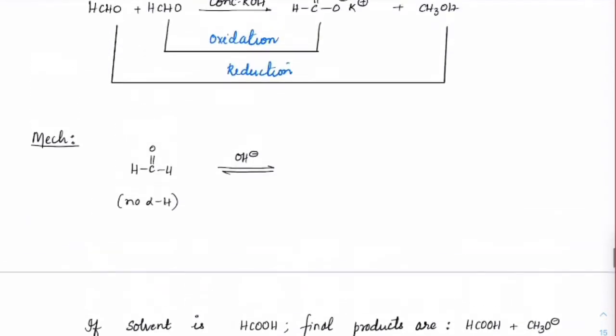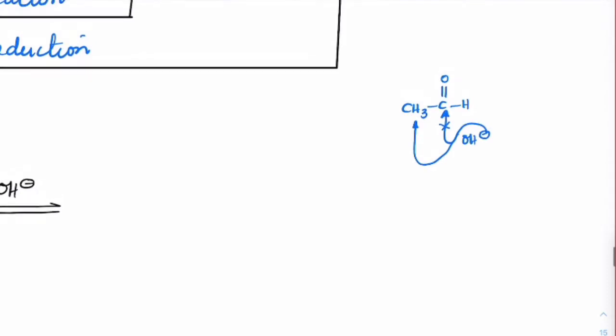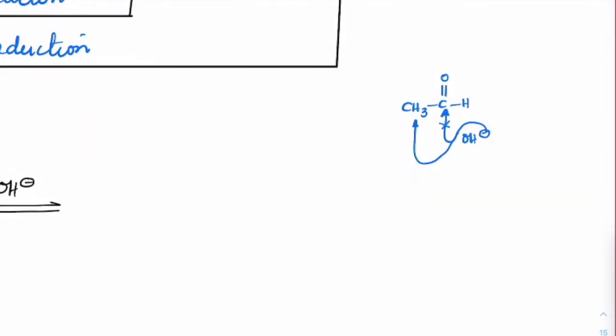Earlier, let me point this out. When it comes to aldol, we have seen one thing: C double bond O, with OH minus. Any strong base when you add, instead of attacking as a nucleophile, prefers to extract a proton from here. You have learned this as a part of base-catalyzed tautomerism also. It will extract that proton and become the enolate ion, CH2 C double bond OH. This is what we expect, and that's how the aldol condensation begins. In fact, aldol reactions begin this way.